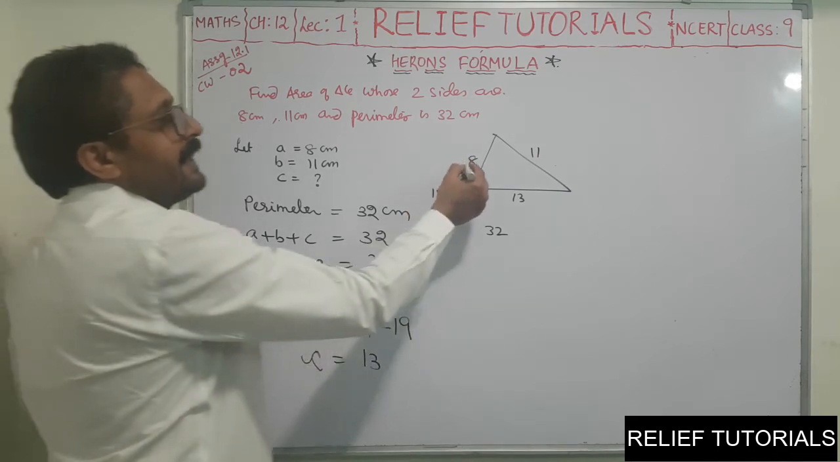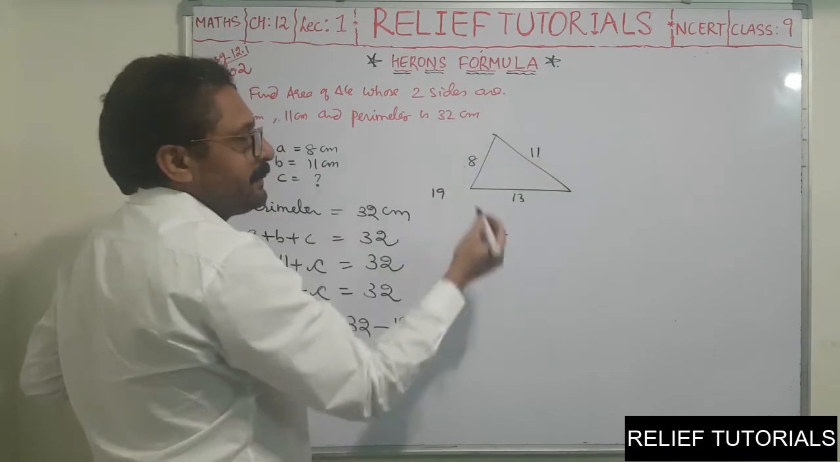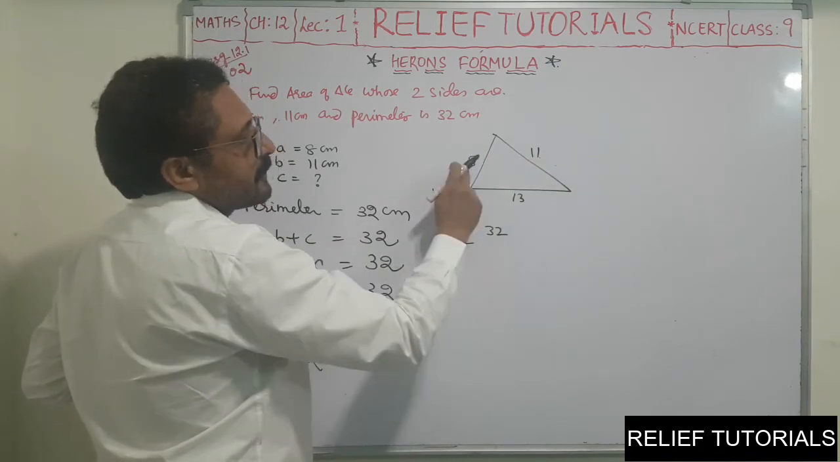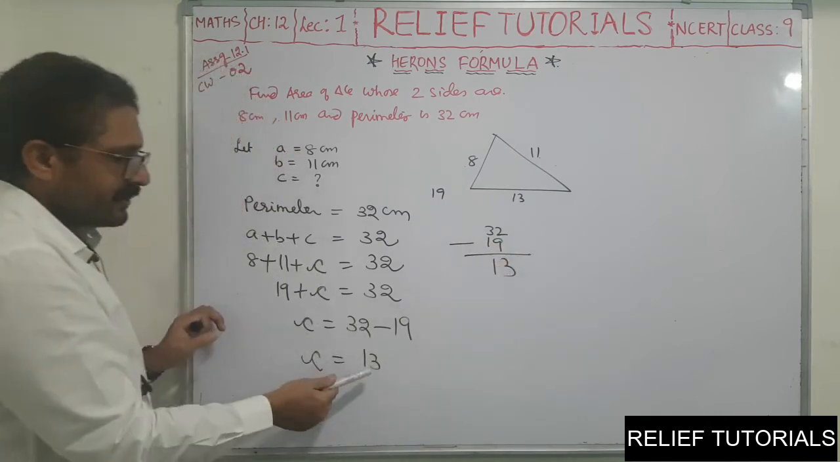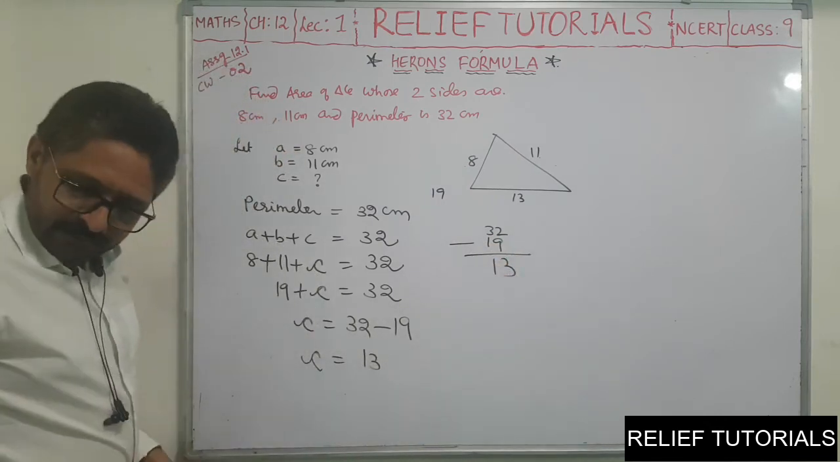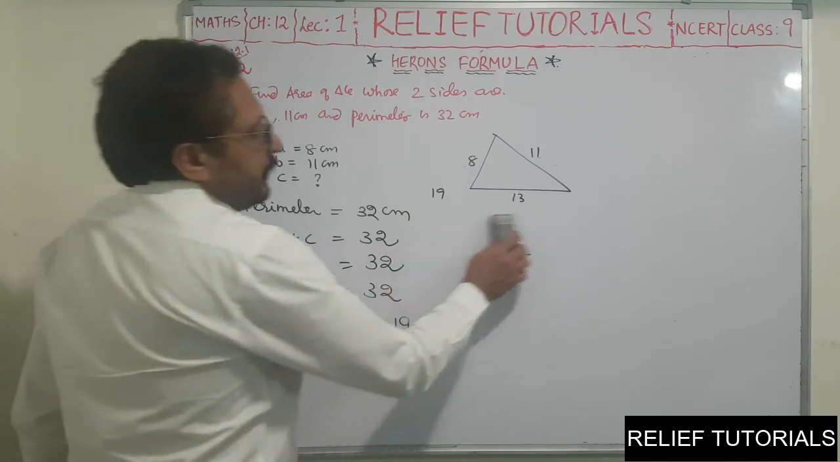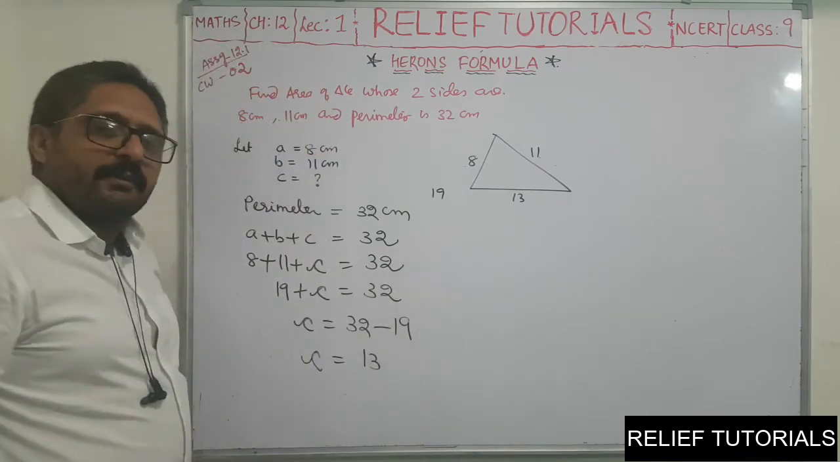I told you, you have 8 and 11 and you have the perimeter. Perimeter is 32. So from 32, what you have to subtract? 8 plus 11, 19. 32 minus 19, so the answer will be 13. The third side is 13. Simple. So now you got all three sides. Now you have to find